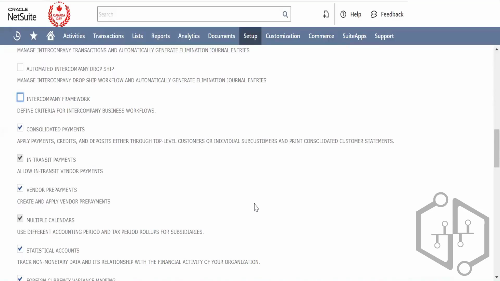What is a consolidated payment? So your customers can have child customers and parent customers as well, right? They can roll up to your parent customer. Let us say